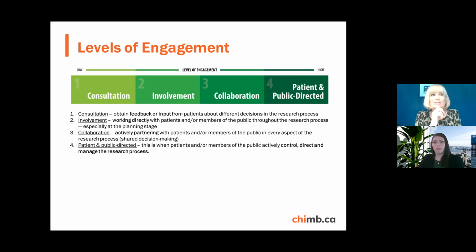I would say if you're ever wanting to really do patient-oriented research or apply to a patient-oriented research grant, you're going to want to be at a collaboration level, or number 3 on that scale that you can see, because it's really about actively partnering with people with lived experience in every aspect of the process. And it's also about shared decision making. So really understanding what participatory approaches you're going to have to use to come to a consensus around research decision making. And then the ultimate, the highest level of engagement